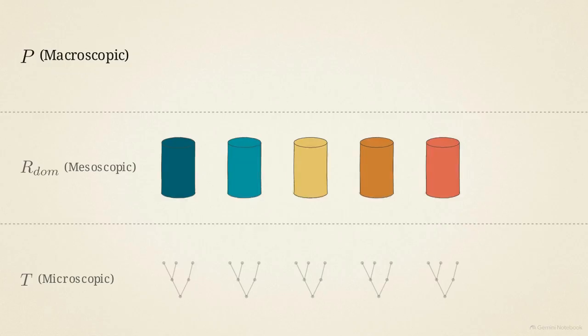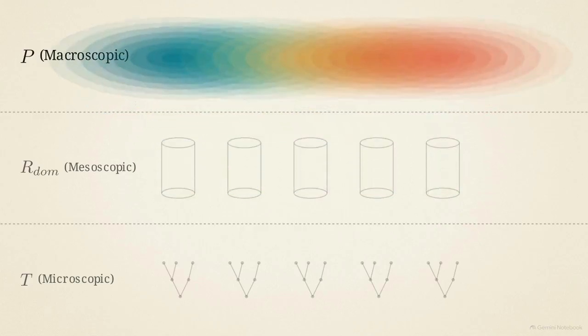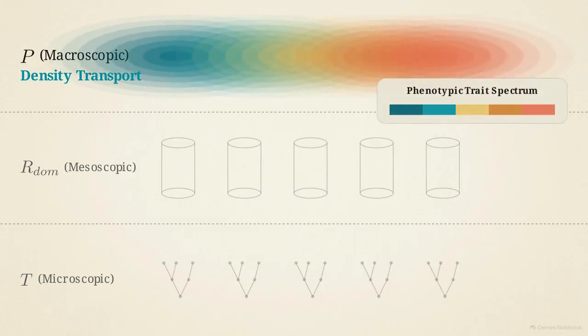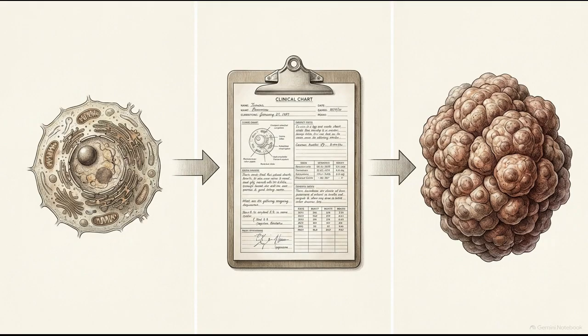Finally, the cylinders dissolve into the smooth heat map of the top tier. This is P, density transport. It represents the total distribution of phenotypic traits across the tumor mass. Accurate modeling requires passing precisely through these 3 mathematical phases, rather than jumping straight from a single cell to a